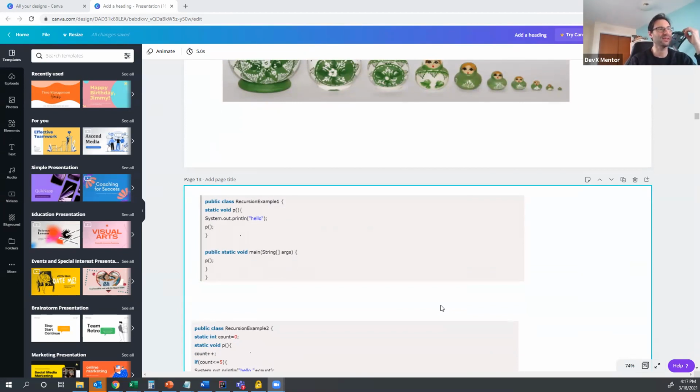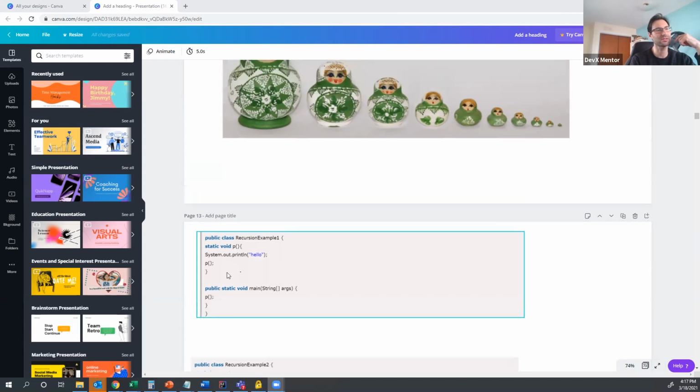So you have the exit condition, what's called exit condition, because when you use recursion, you basically have, if you look at this simple example, the driver class main, and you have a function that takes no parameters. It's just called p, right? And that function would just call itself and say hello, and then call itself again, right? So a function that calls itself is a recursive function. So it does something and then does it again based on something else, right? So in this case, as you can see,